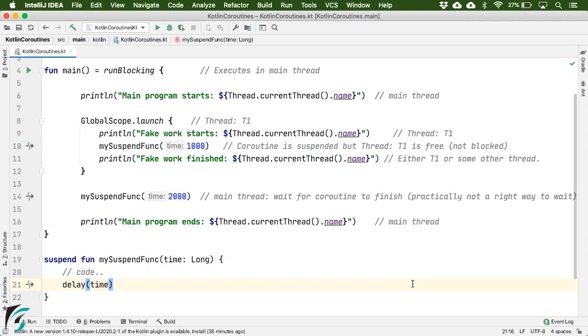And above all, we always explored on which thread your coroutine is operating. Remember, if you are able to keep track of threads while using coroutines, then you can very easily write complex code using coroutines in your application. And in case you have any confusion regarding threads while using coroutines, then you must watch this video once again. There is no harm in that. And if you are curious to know the exact way to wait for the coroutine to finish, or if you want to know more about the runBlocking function and its right usage, then you must watch my next video in this coroutine series.